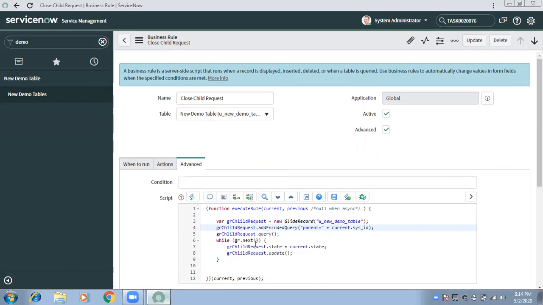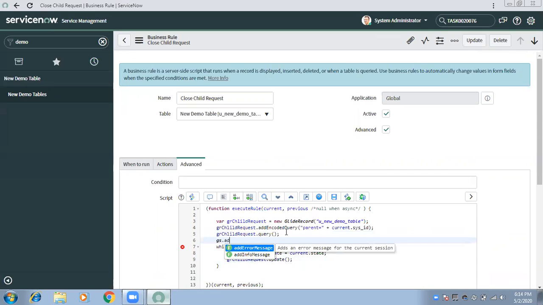Querying, then I'm going to use record this. See gs. So basically I am trying to see before update how many rows I am getting, whether I am getting any record or not to update.